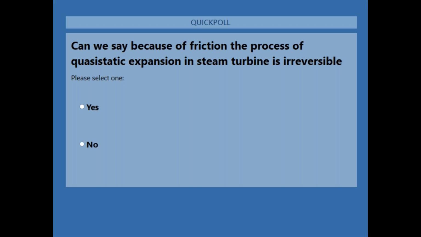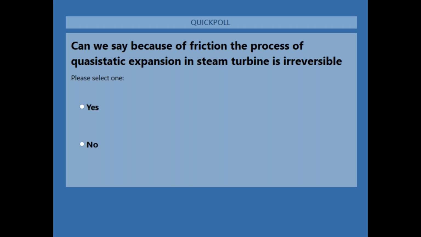The reason is simple: because we are talking about friction. Friction would lead to dissipation of energy, and hence there would be some traces left on the surrounding. So we can obviously reverse the process when you are talking about expansion from a state 1 to state 2. However, because you are having certain frictional losses,